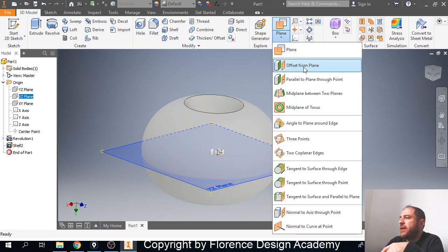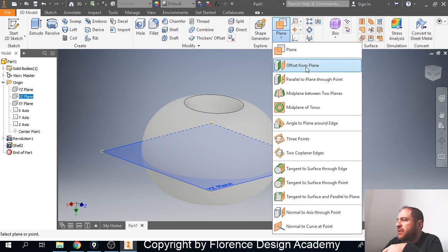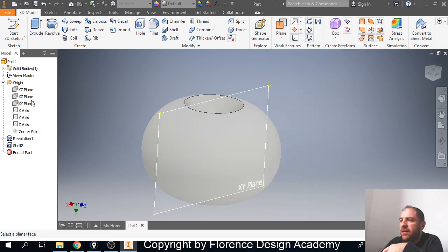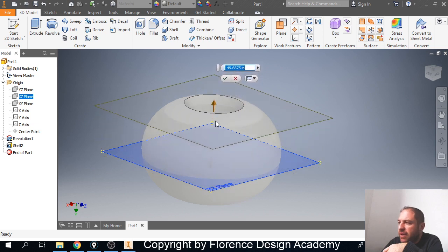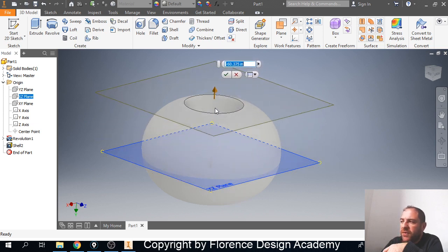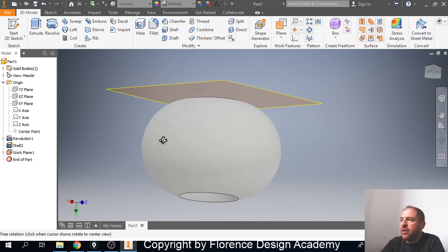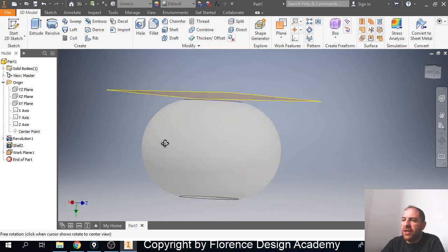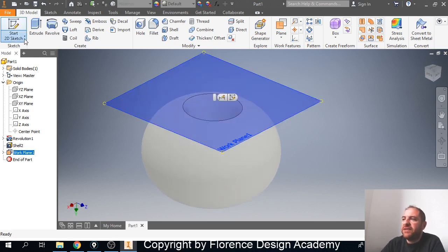I will make it parallel to this plane, so I will make just an offset, but up here, above my revolve object. Then here I will make a sketch,